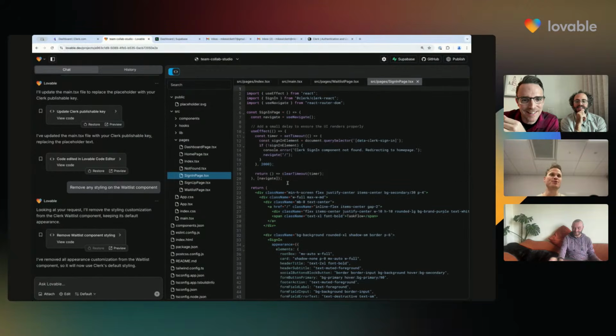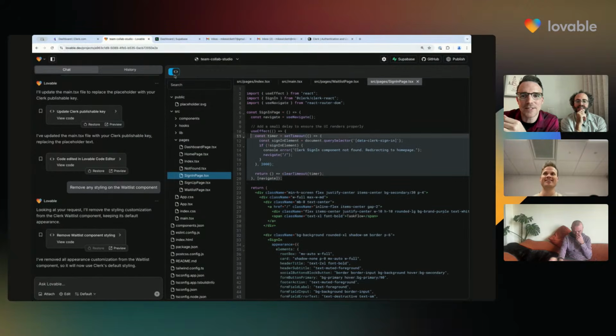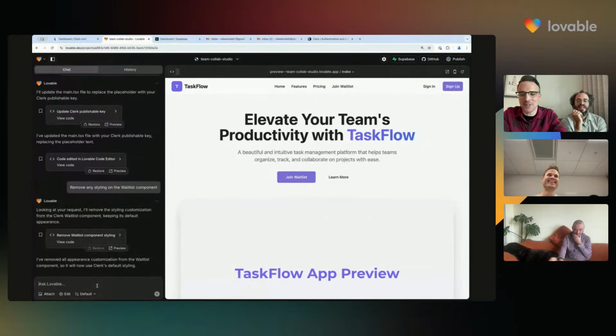Do you think it's going to be faster to prompt, or are you going to do it? Yeah, let's try it. I'm probably too quick to read your code. I'm sorry. Let's remove the